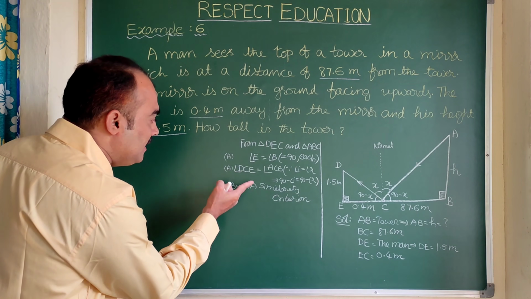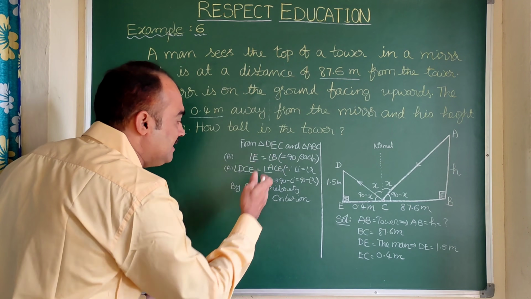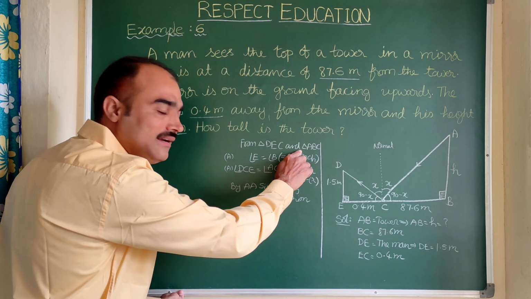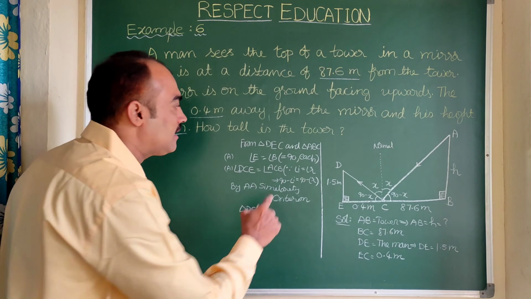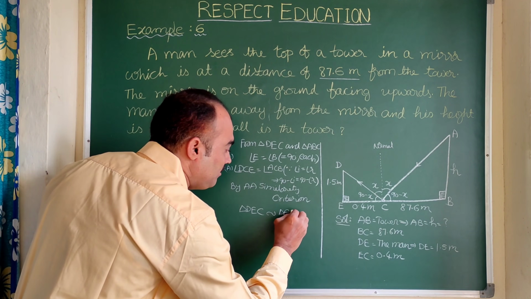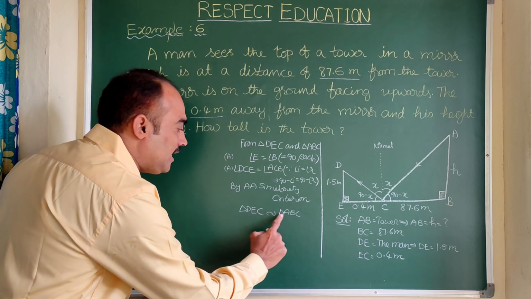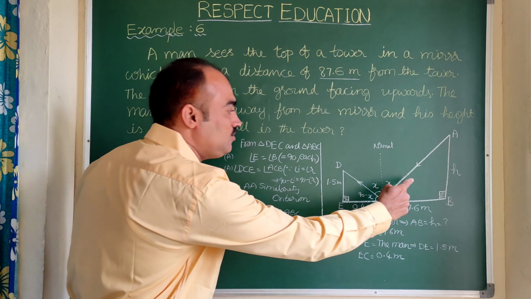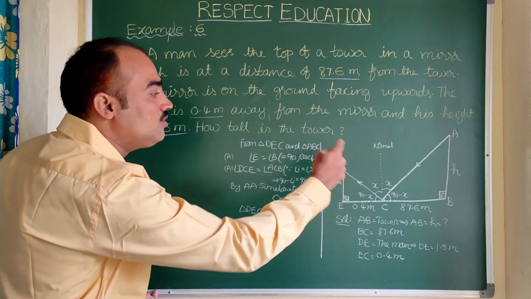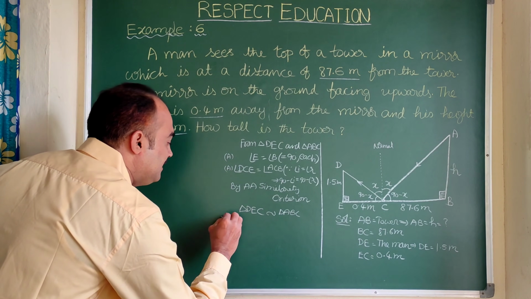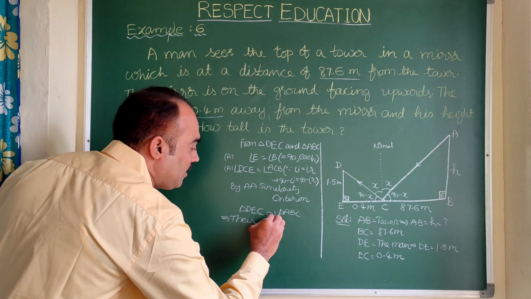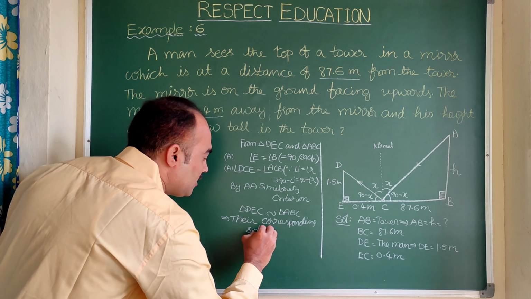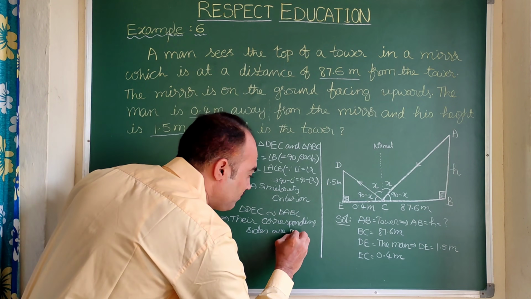again you go back here. Triangle DEC is similar to triangle ABC. I earlier wrote it differently, and now I am changing it to the similarity symbol. As you know, when two triangles are similar, their corresponding angles are equal, and their corresponding sides are proportional, with which we are going to solve this problem. So let us write here: their corresponding sides are proportional.